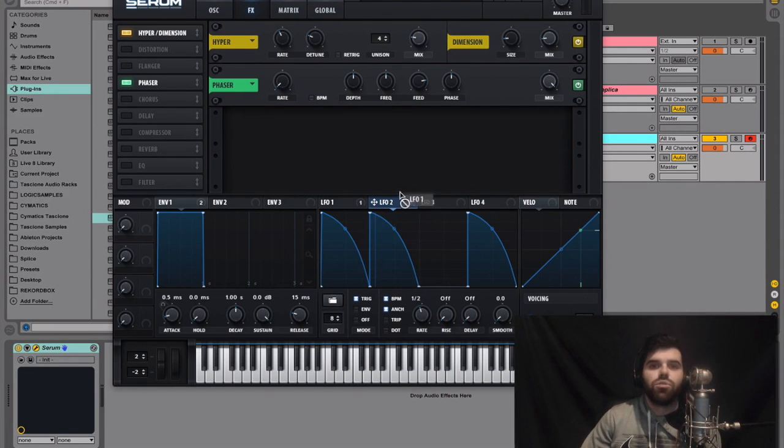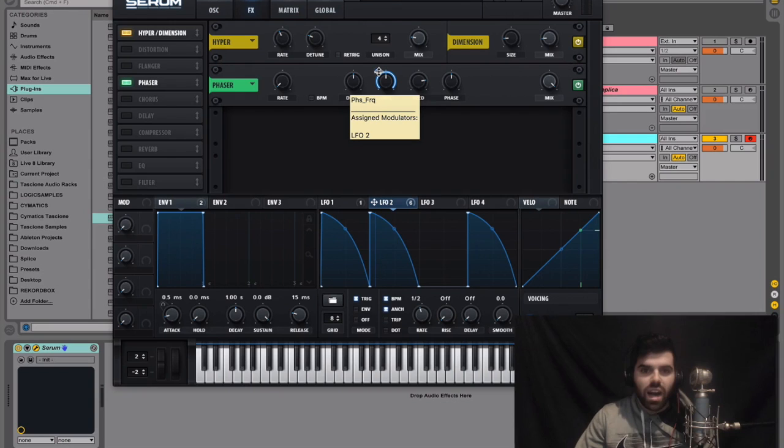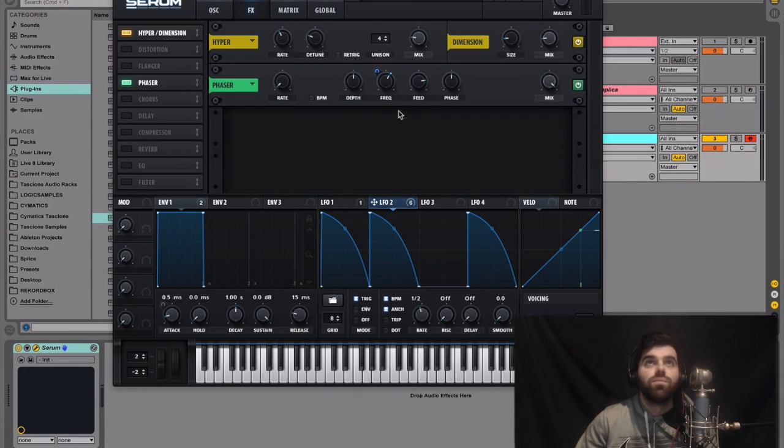So we're going to take LFO 2 and drag it to frequency, and we're going to hold shift and option to make this range only go one way. And we're going to drag that all the way back to the top, and we're going to make this range just move very, very softly. It's not going to really be doing a ton. And you should be hearing.